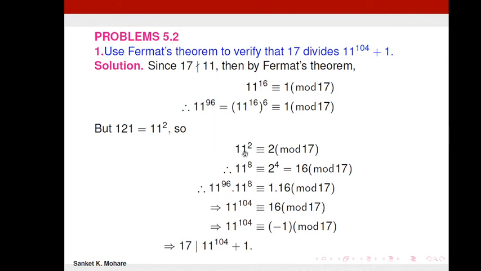Then I calculate it separately. Now I have to add 8 here. So I calculate 11 square. After calculating 11 square, I got 2. So 11 square, its power 4, means 11 to the power 8. So 2 to the power 4 is 16. So try to observe how to calculate 11 raised to 104, or such a power a raised to some quantity n. If you solve more examples, you get the idea of how to calculate this.